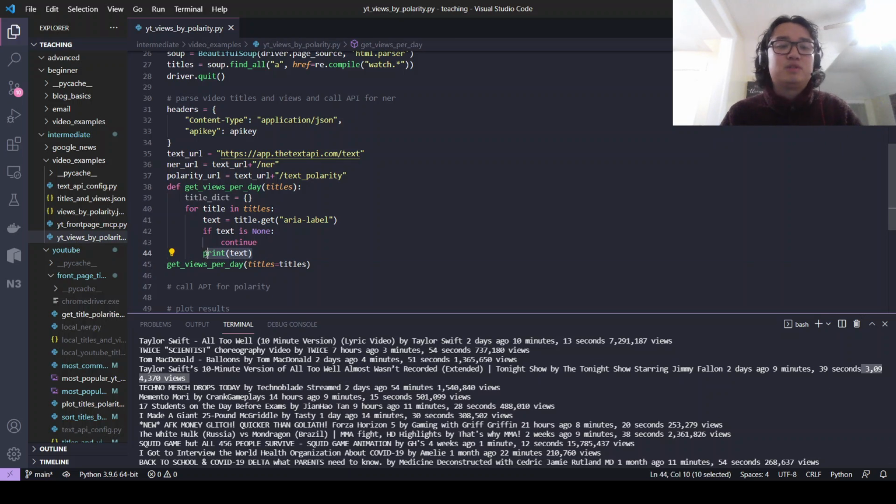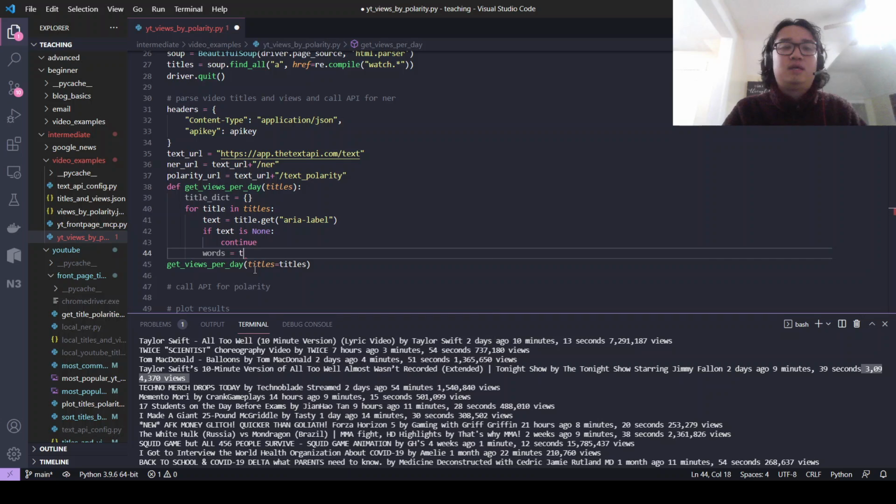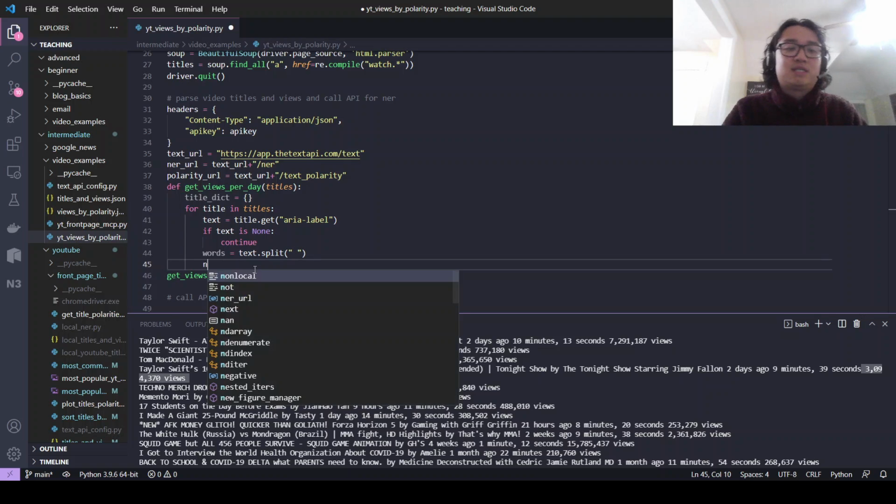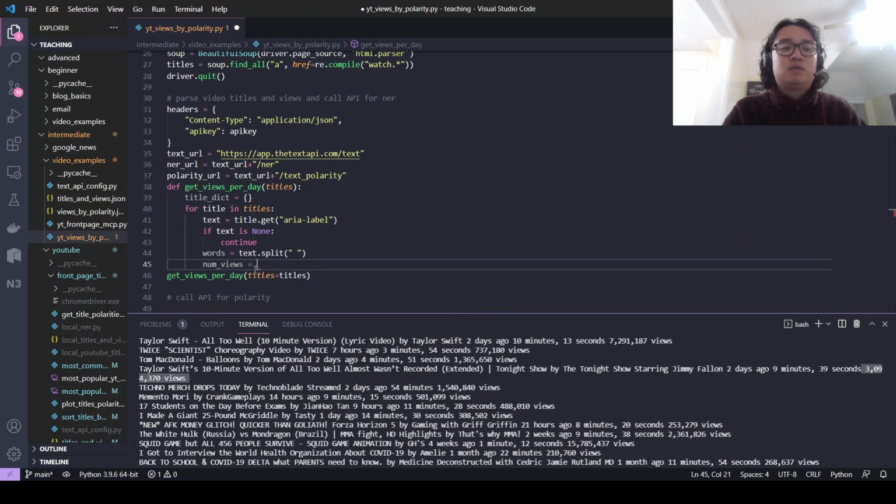So here, what we're going to want to do is separate these into elements. We're going to separate words, and we're just going to call split on space. And we're just going to get the second and last one. That's going to be equal to views. So number of views is equal to